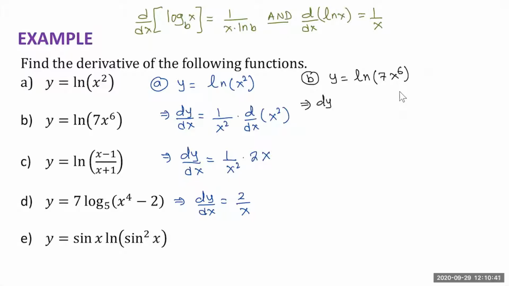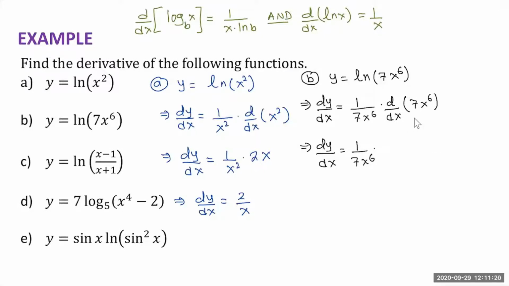So the derivative dy over dx is equal to, according to the chain rule, first we need the derivative of the outside function. Derivative of natural log function is 1 over x. 1 over, in place of x, I have 7x raised to 6. Then multiply by the derivative with respect to x of the inside function. Inside function is 7x raised to 6. So this will be equal to dy over dx is equal to 1 over 7x raised to 6 multiplied by,